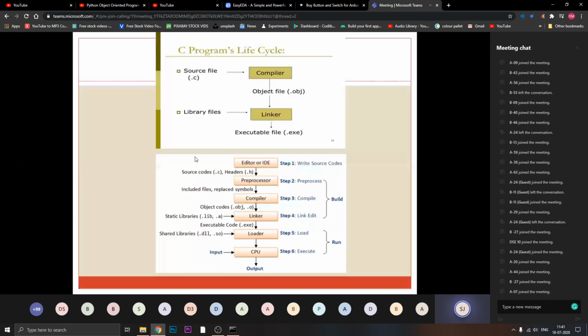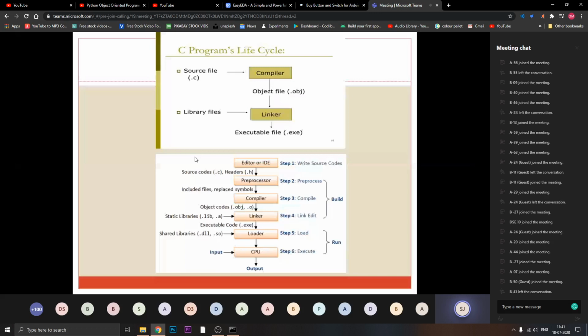So the basic things have to be done, and your program goes through these 6 steps when it becomes your product, or we can say the application. You write your source code. Preprocessors include all your files and symbols present in it. Your compiler compiles your program and converts it into an obj file. Your linker has to link all the libraries present for running this code.